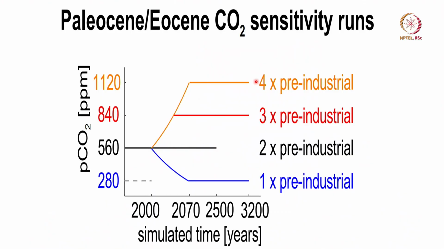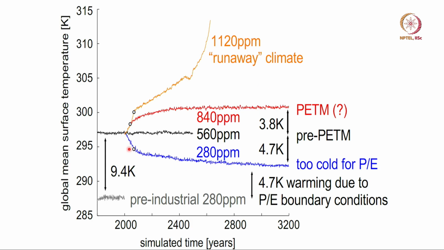With that I will conclude this, and I will also show you that these models have been used to predict what happens if you change the CO2 to 4 times the amount present, or 3 times or 2 times, and what if it goes down from 560 to 280? All these they have done. I will show you one example of that, and you can see that from 560, the Paleocene climate, if you bring it down to 280, temperature will go down to the present value. If you keep it constant, it remains the same.